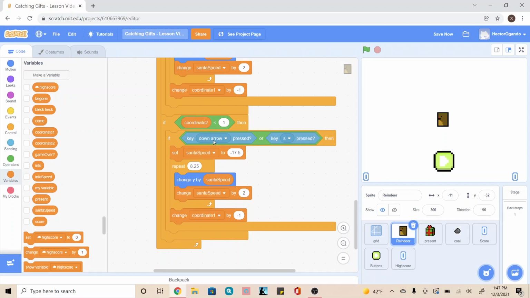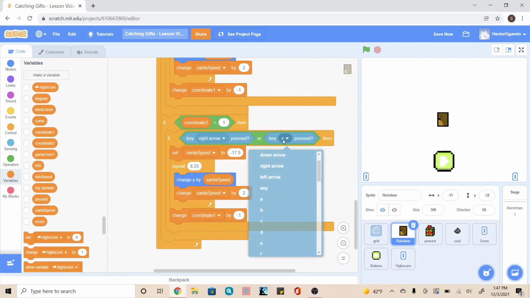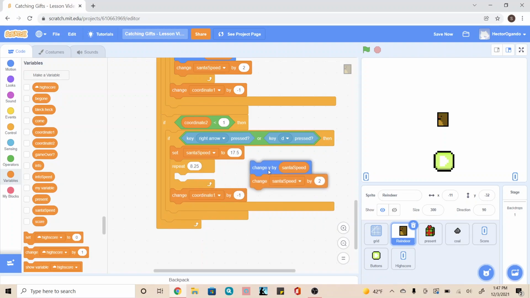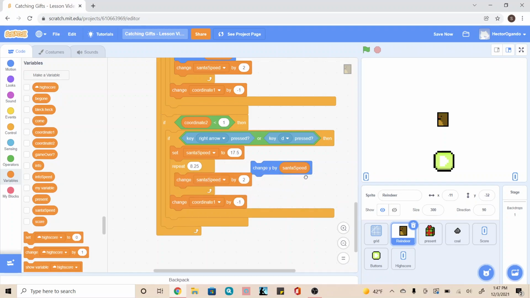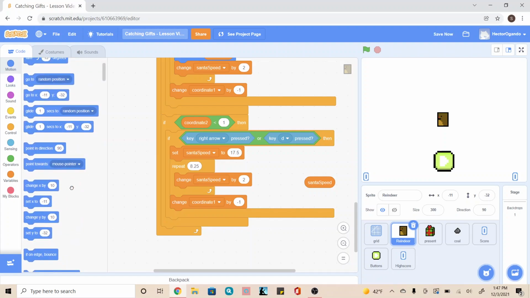Okay. We're going to change the down arrow to our right arrow. And our S to our D. Then we're going to go ahead and make this set to a positive 17.5. This time around, this change Y by, we're going to have to change. So we're going to take this out. I'm going to put back the change Santa speed. I'm going to take out the Santa speed bubble. And we're going to delete this motion block and go back into the blue motions tab and add a change X by